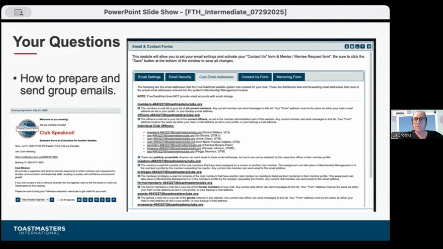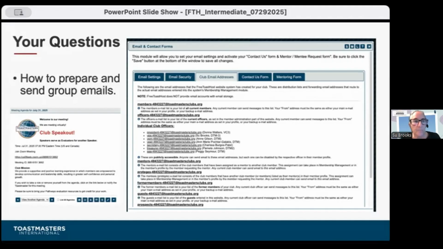I know in a club that Marion and I are in, a couple of people haven't opted in, and I don't know if they don't want to or what the rationale is. But what the different officers will do is they could do members dash and then the club number, and then they can manually add those two people in to make sure. You could send email to only the officers, the entire officer group. Now, this officer group is mapped to whoever you've selected in Free Toast Toast. It's not automatically mapped to the Toastmasters International site. Does that make sense?